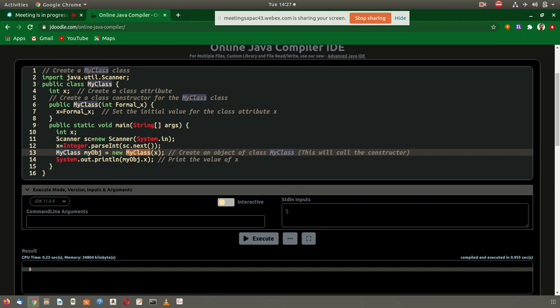If you go to MyClass, you see this constructor. When the statement in line number 13 is read by the Java system, this constructor will be invoked, and the variable x will be given the formal x data.